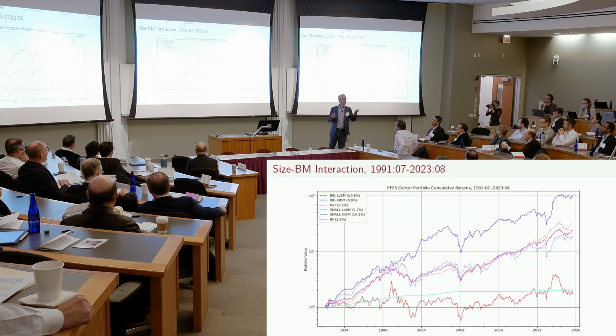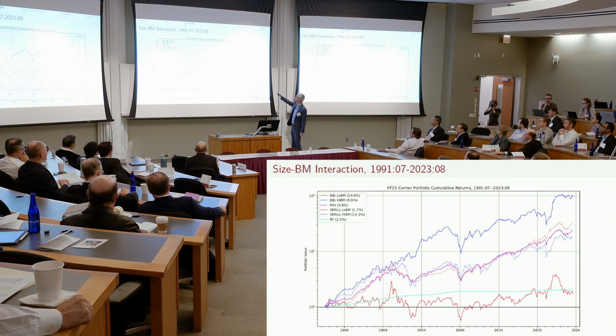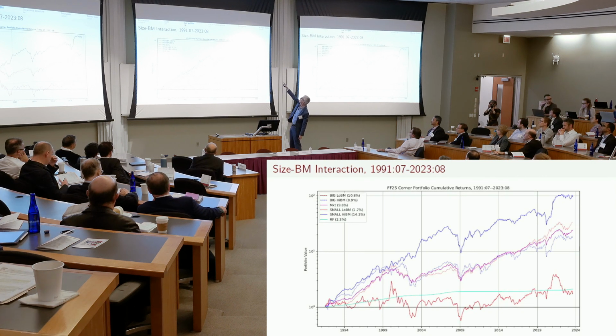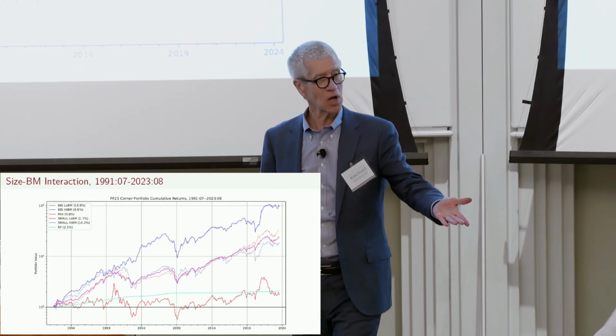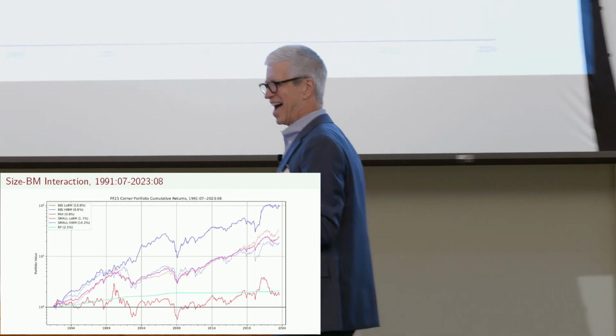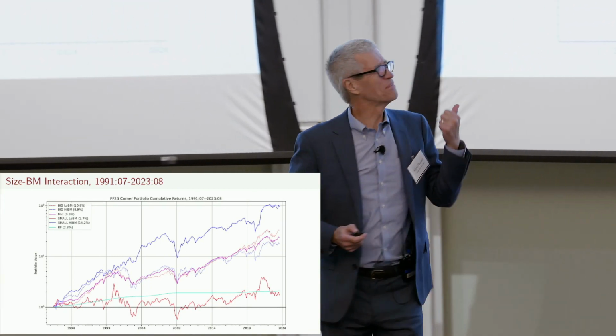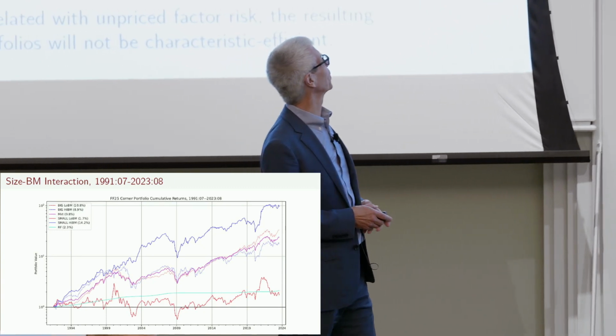Interestingly, one of the things that Ken mentioned is value has not worked since the 1990s. Well, interestingly, if you look at small cap firms, it actually has. Okay, so this is the bottom decile in terms of size, and the solid blue and solid red lines are the value and growth. And you can see we've had performance that's actually fairly consistent. Okay, so why exactly is this happening? This is something John's going to explain in his talk. I'm just kidding. But this is something we need to understand going forward.